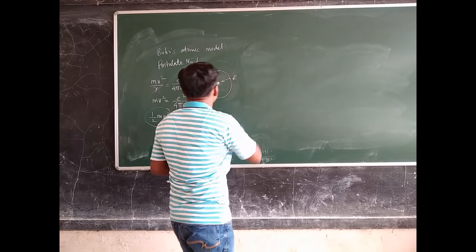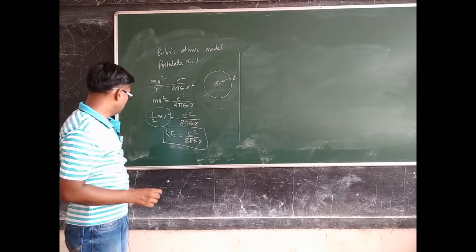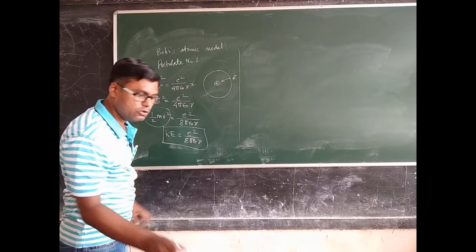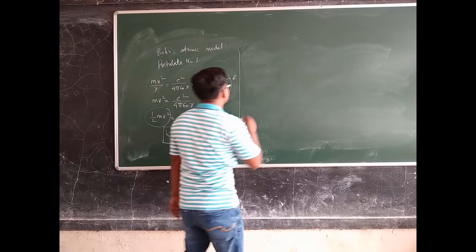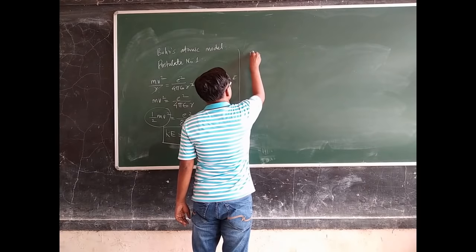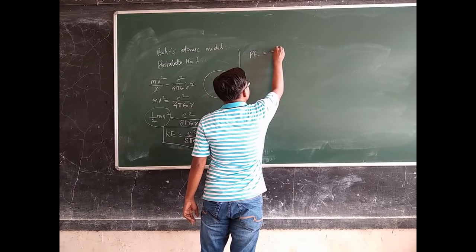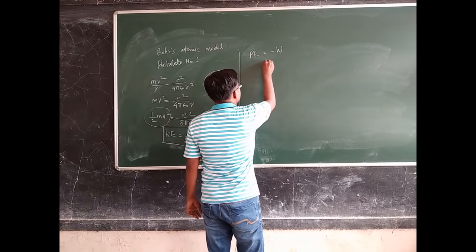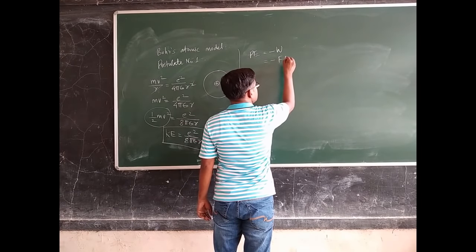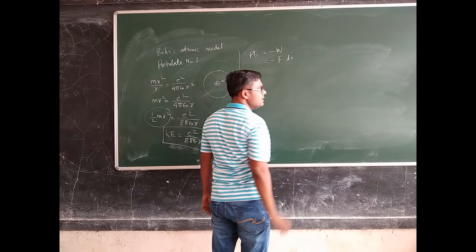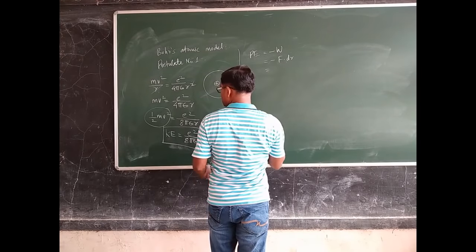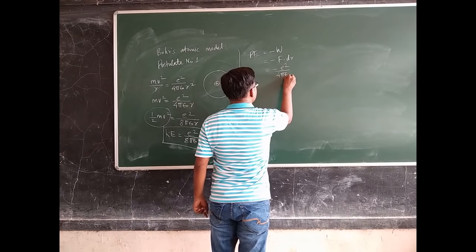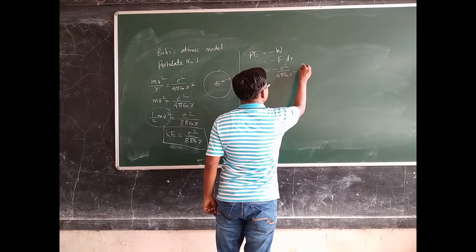Once we obtain the kinetic energy, we also need the potential energy. So how to obtain the potential energy? We know the general formula: potential energy is nothing but the negative of the work done onto the charged particle. And what is work done? Work done is nothing but force into displacement. So I will consider dr as the linear displacement. And what is force? Force, as we just wrote, is minus E square divided by 4 pi epsilon 0 times r square, into dr.